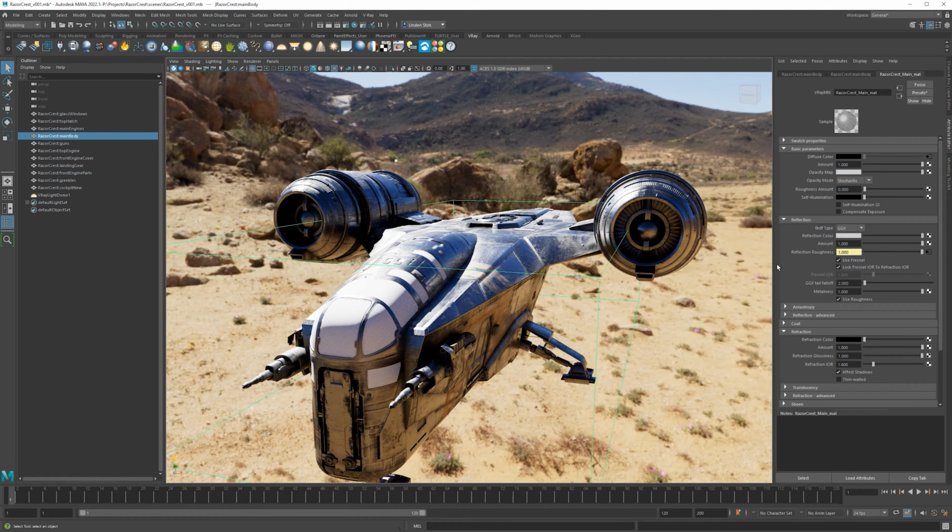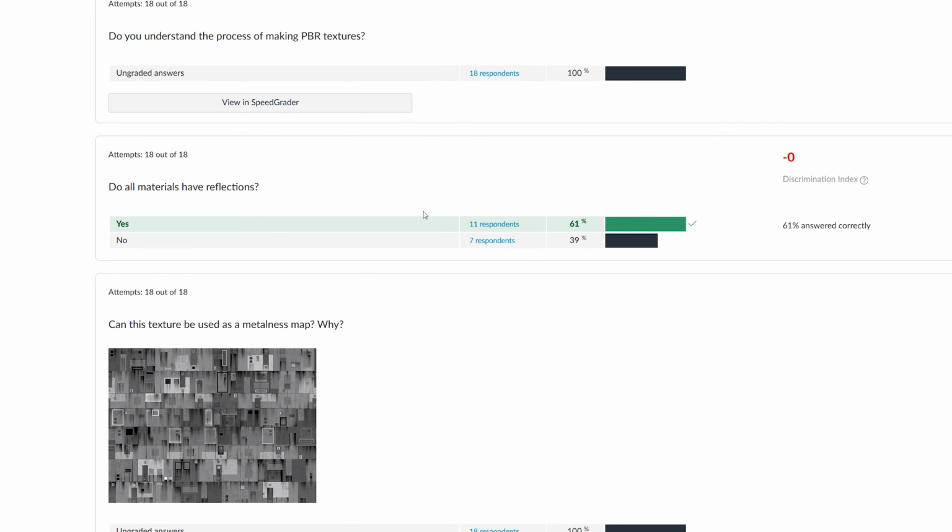The reason why there's a slider is because there are parts of the geometry or parts of the texture that might be metal and parts that might not be metal on the same UV set or the same texture map. There was a question, by the way, on the surveys, before I forget, the very first day.